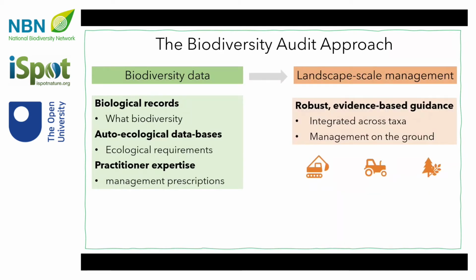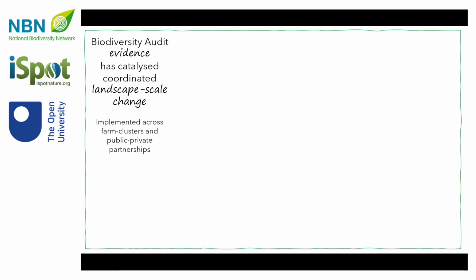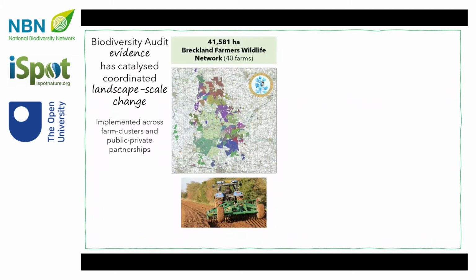And the way we do this is identify these groups of species which share resources, so we can really target the correct management where it works and where it will have the most effect. And the best thing is that all this data is already out there through the amazing biological data network in the UK. And what we've seen in previous audits is that having this evidence and presenting it to landholders really gives them the confidence to then go out and